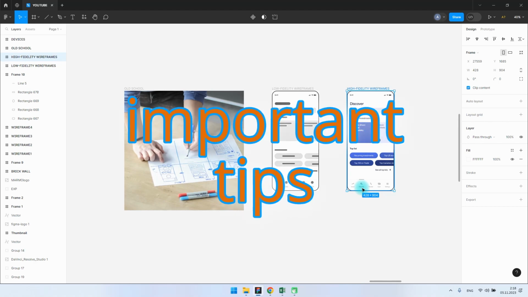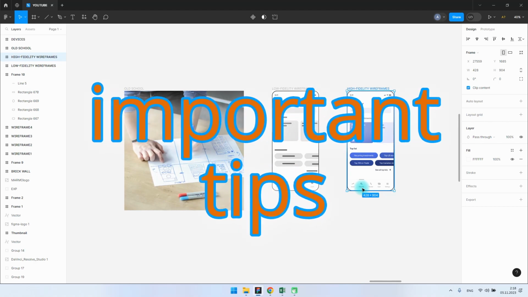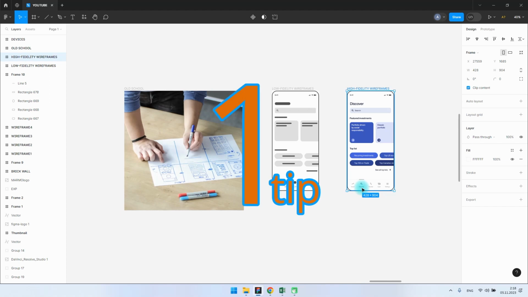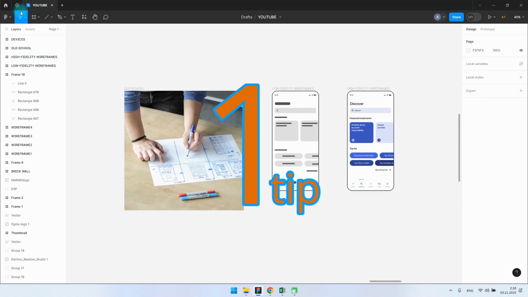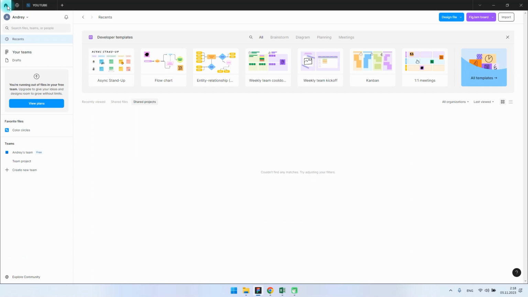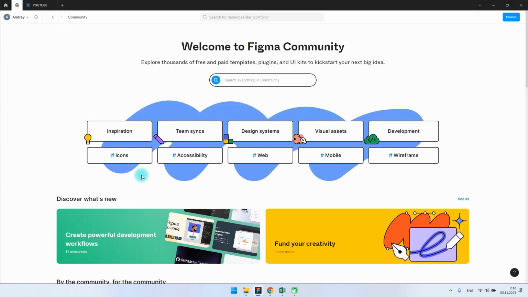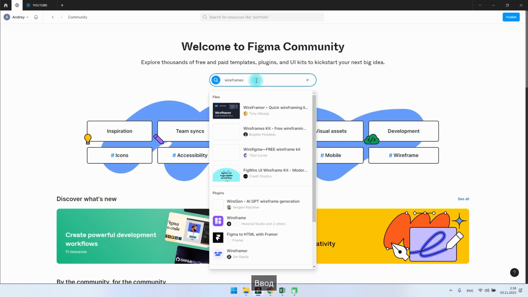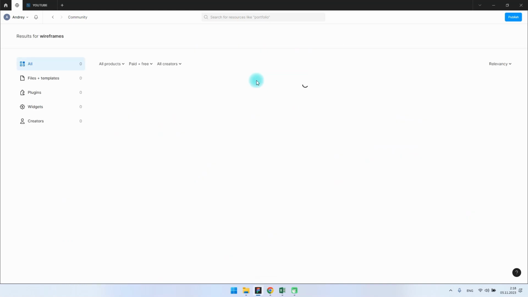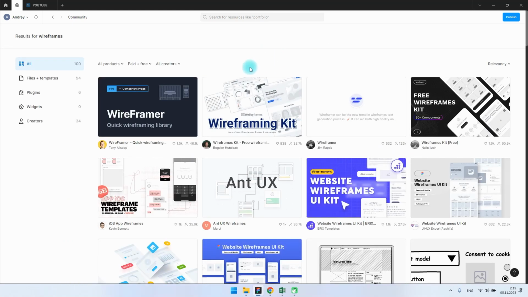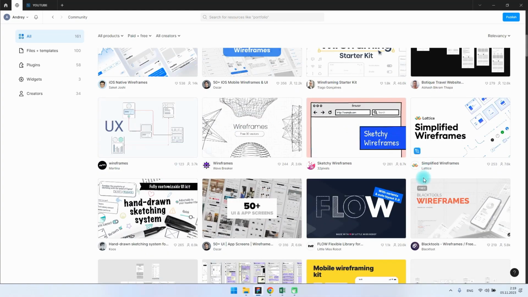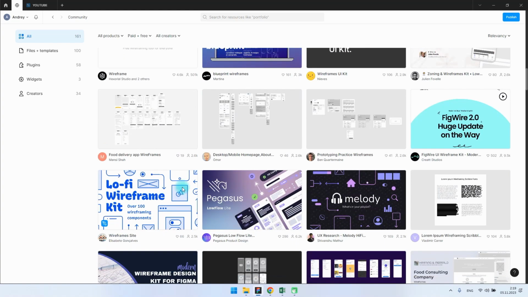And now some important tips for creating cool, effective wireframes. First tip: look at other people's wireframes and get inspired. You can Google it, or you can open the Home tab in Figma, then click Explore Community at the bottom. This will open a new tab and you can search for projects you want. Type wireframes in the search box and get inspired by other people's work. Don't be afraid or embarrassed. It improves your expertise. And expertise is very important in the creative professions.